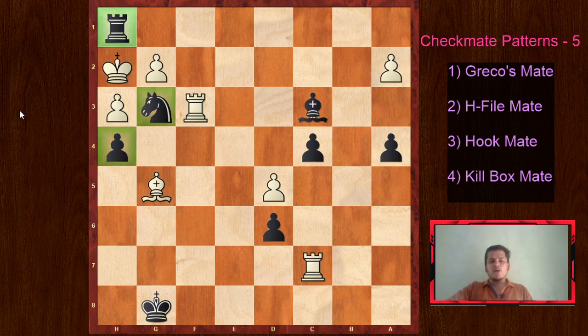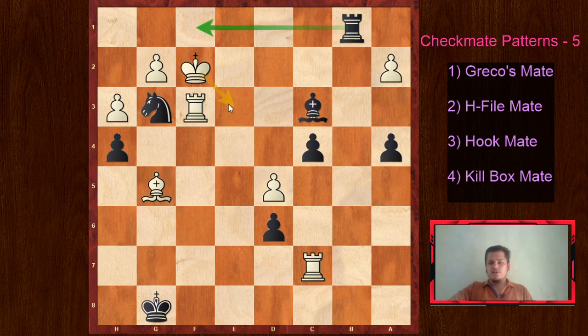These three pieces work in coordination to checkmate the king, the same pattern that we have just seen. So in the game king to f2 was played, and this was her point, that after this check white would have king to e3. But Judith had seen a wonderful combination here. She gave bishop d4 check, and after this move white resigned, because he realized that no matter how he blocks